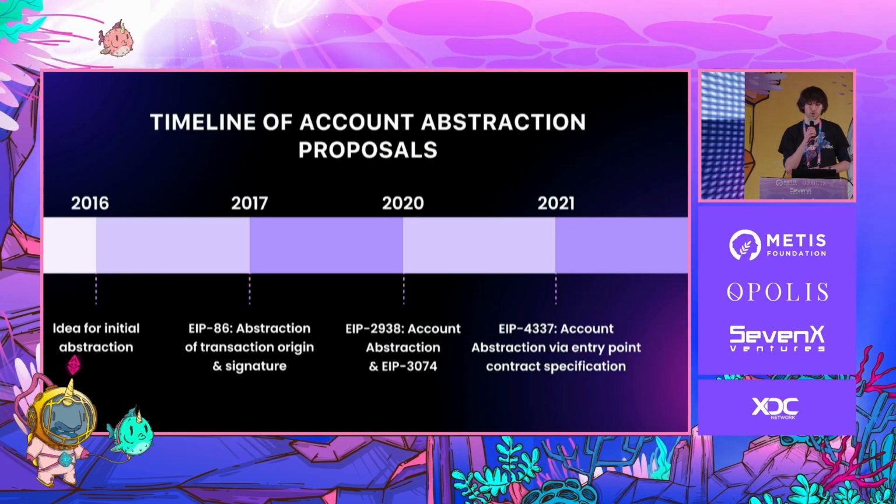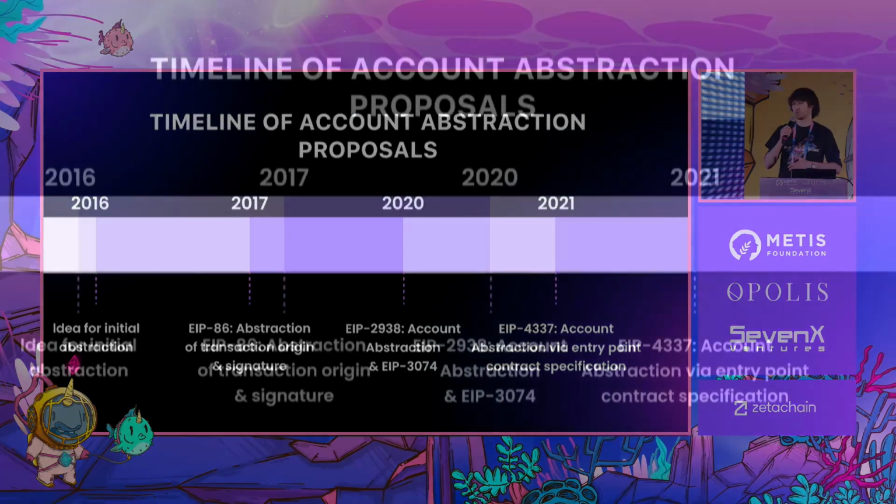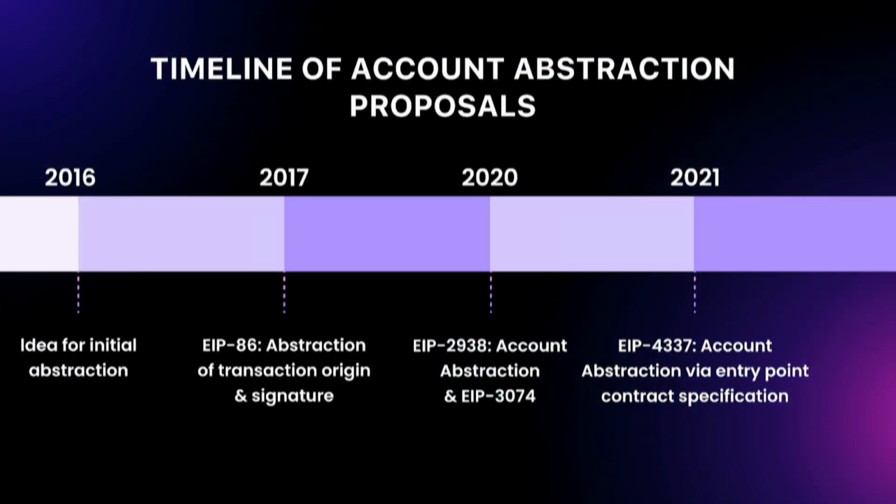So first, what I want to do is go through the timeline of account abstraction. I'm sure you guys have heard of this term plenty. What is account abstraction? Its impacts on user experience. This probably isn't a new term for many of you. But account abstraction has actually been an initial idea for a long time now, since 2016, with the original proposal for ERC-4337 being done in 2021.